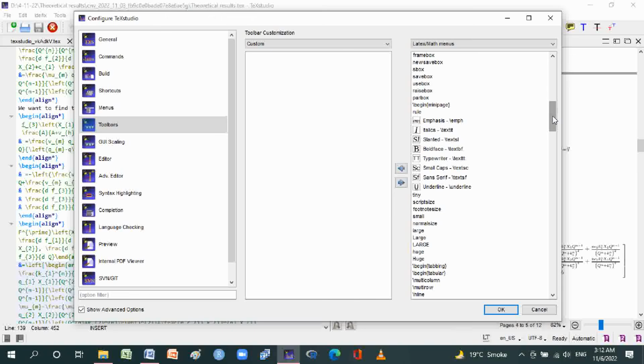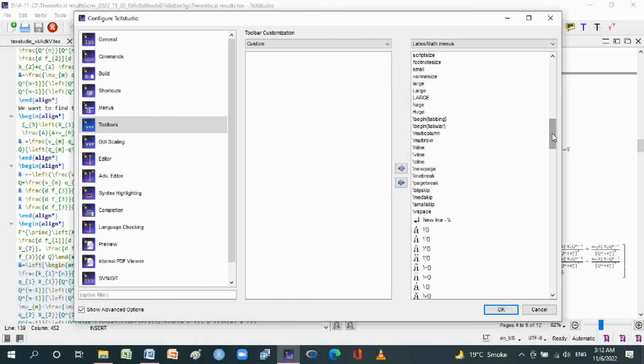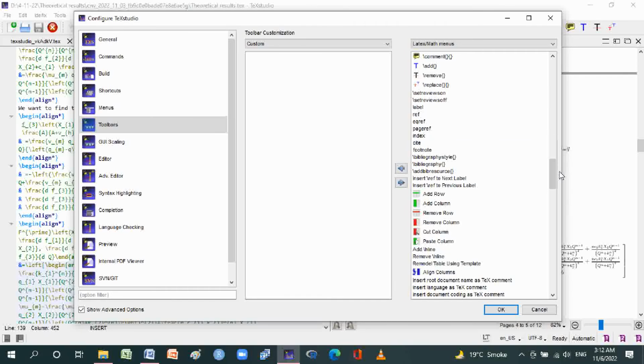Mini page, rule, and font sizes, font styles are also available here, and multi-column, multi-row, h line, v line, break, page break, line break, big skip, med skip, small skip. Also new line, and special characters are also available here, and also comments, rows, columns, and bibliography style, bibliography, add source,